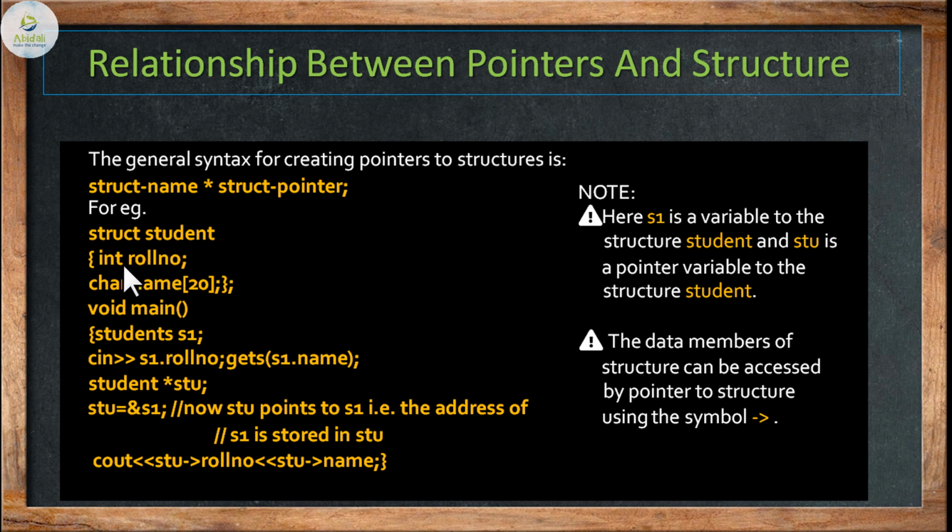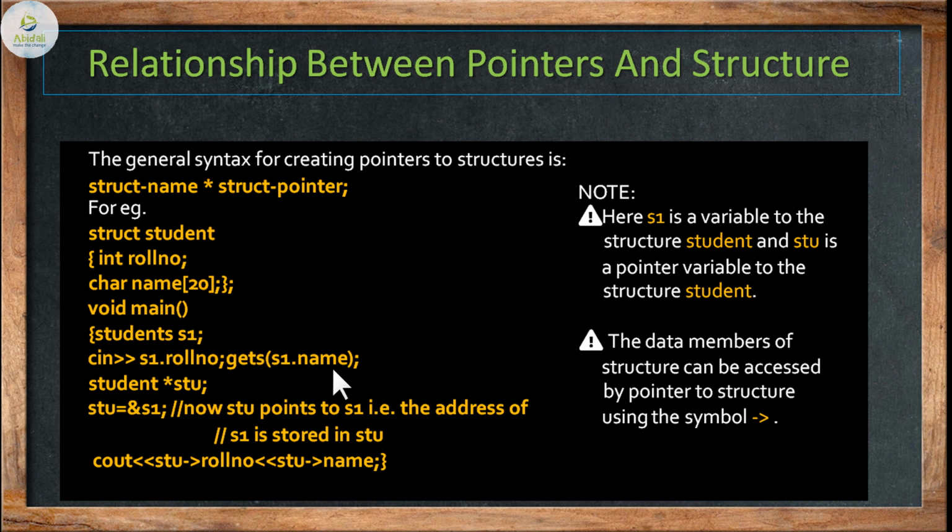Struct student consisting of roll number and name. So this is only the structure that we have defined within a short space. In the void main, we are creating S1 as the member of the structure student. Okay, it's not students, it's student. So we are using S1 dot, that is the structure member dot operator, used to access the data members that we have learned in the first POC.